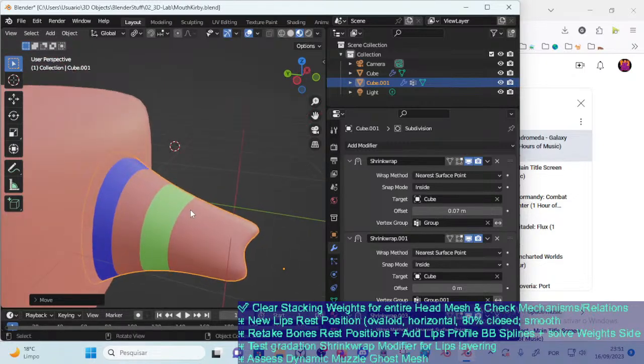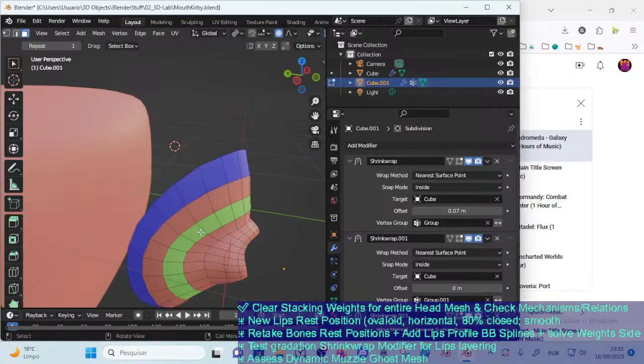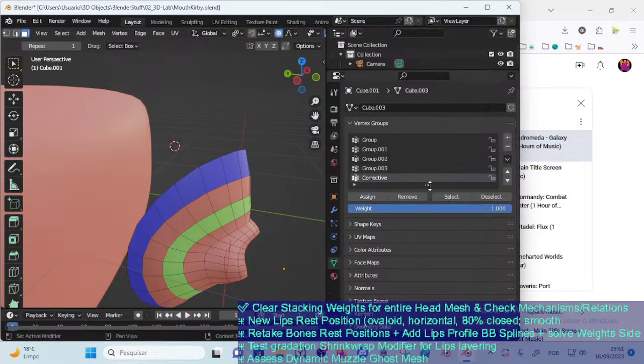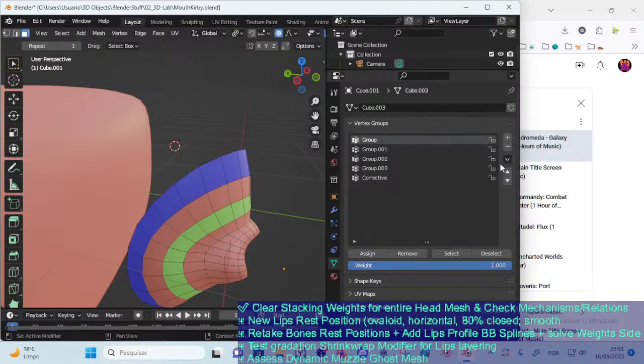But what we need to consider for this test is that I've made multiple shrink wrap modifiers. Each one is a layering. It's a known concept used for many things, right? Well, not layering, but you know, we can call it layering. So each one of these vertex groups actually selects